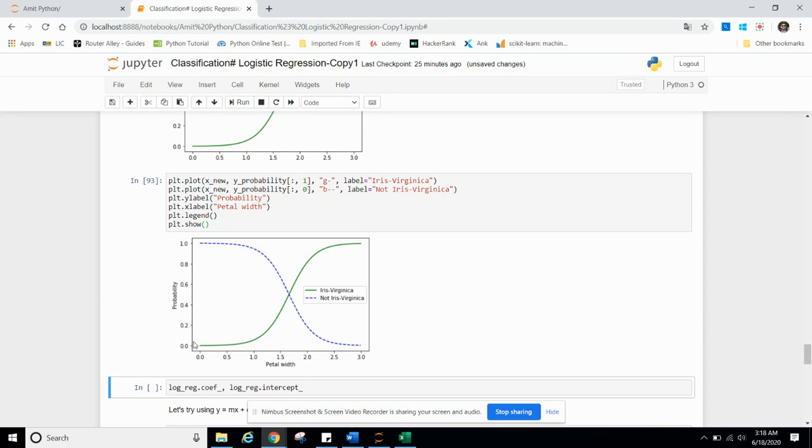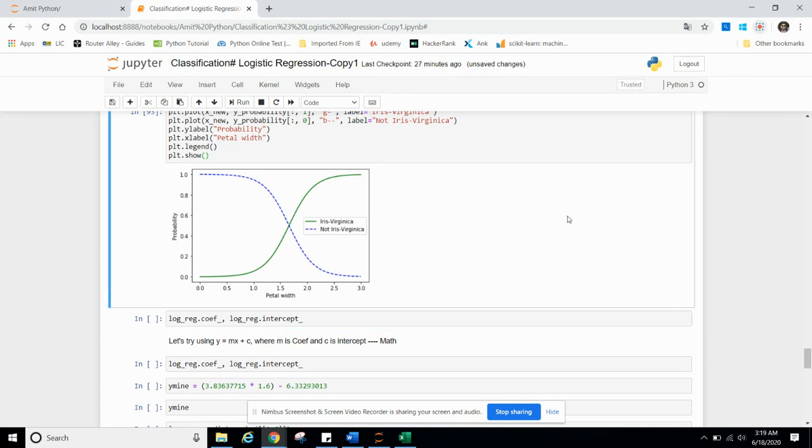So you can see when the x new value is near 0, it is confident that this is not Iris virginica. But after a certain point, or we can say threshold value, it is confident that the x new value belongs to the Iris virginica class. For probability, if you see, it will be near 0.5, or 50%. As per the graph, it is clear, right?